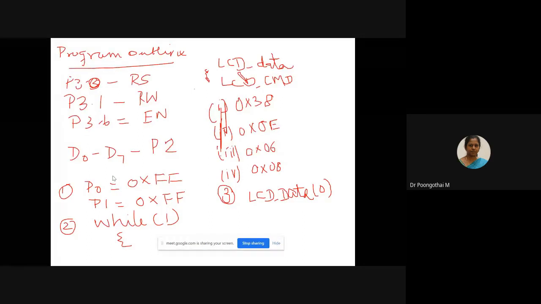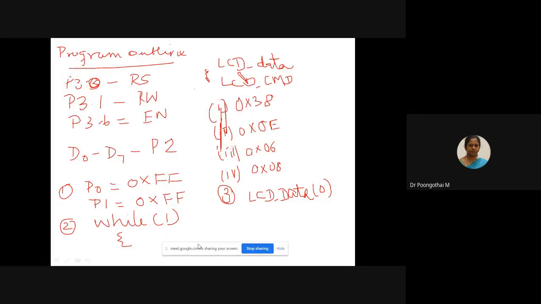So, program outline for LCD. First, I will explain the main program. We have to assign a variable for P2, since P2 is connected to the data lines of LCD.